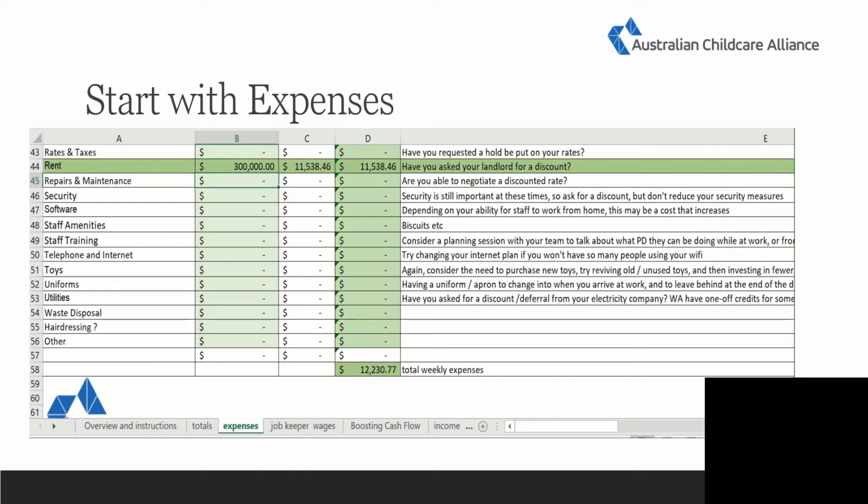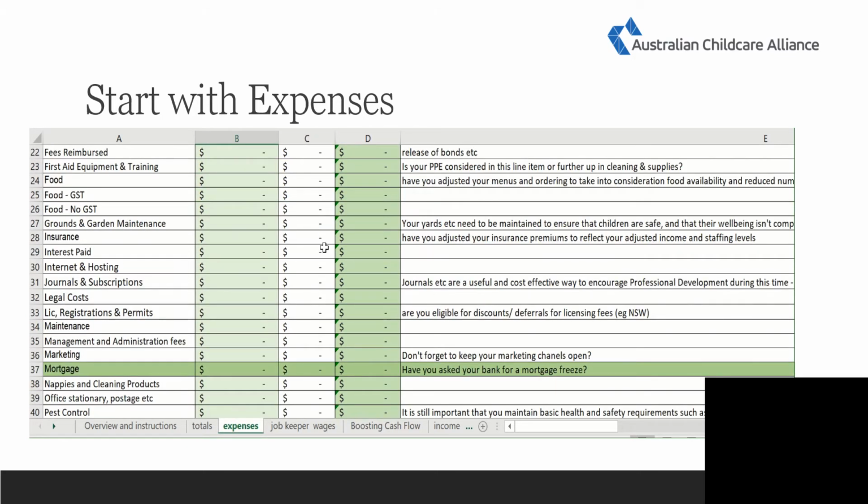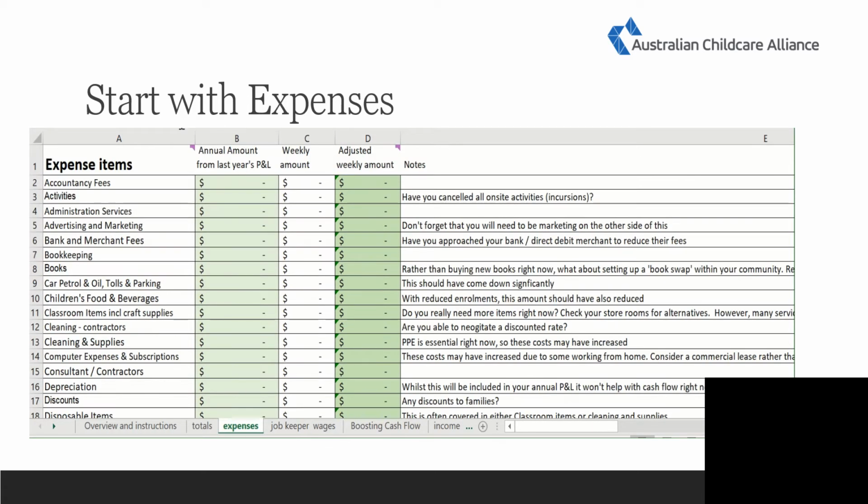Okay, the next page that you need to go to is JobKeeper and wages. So let's start with